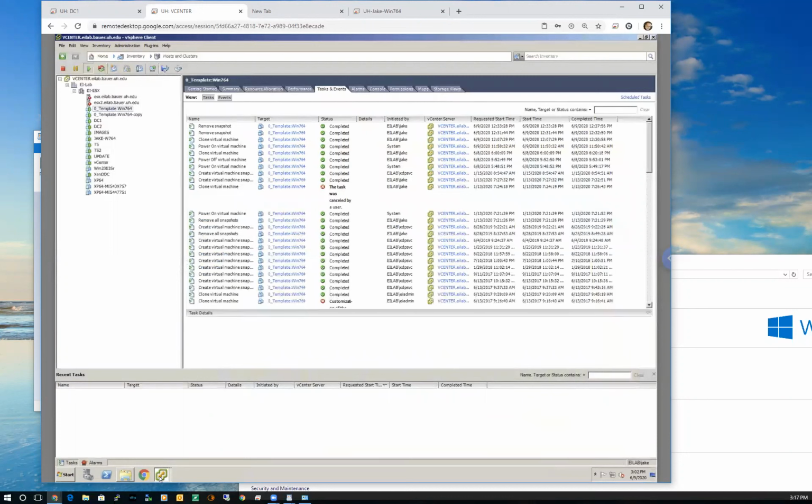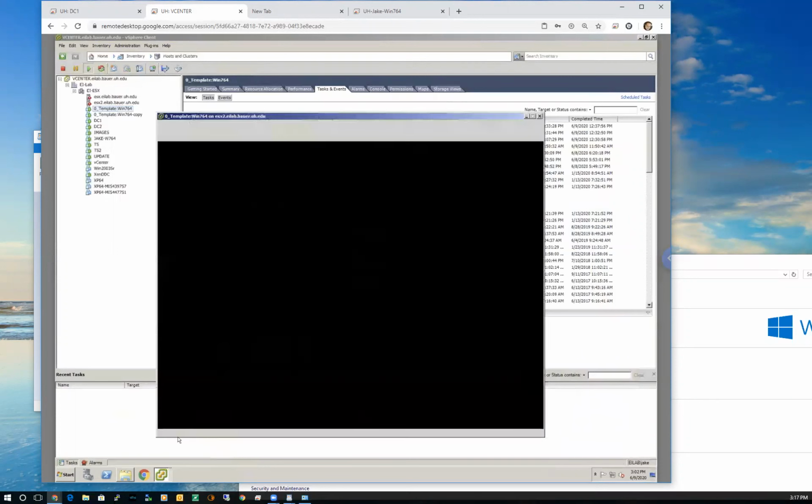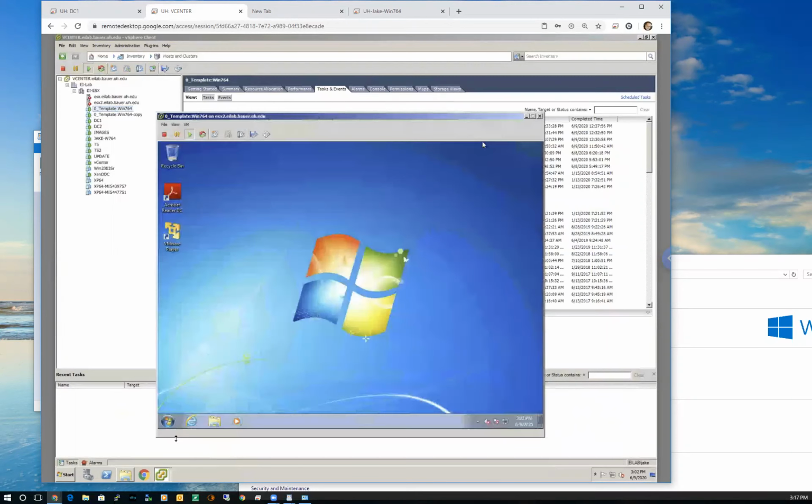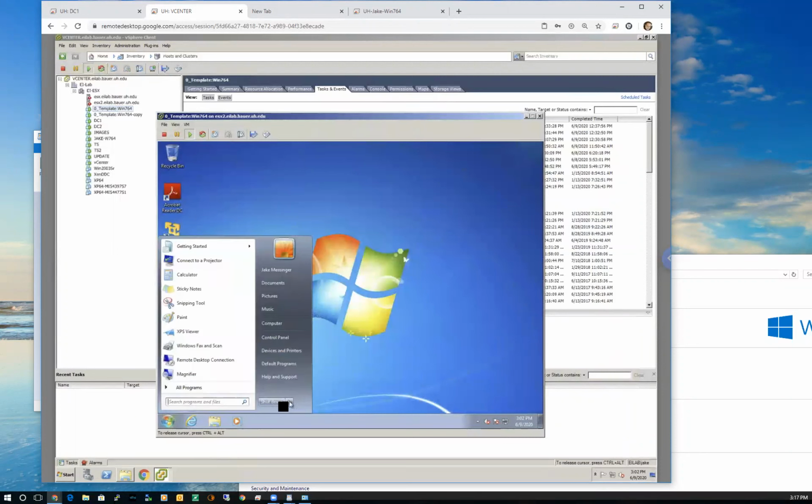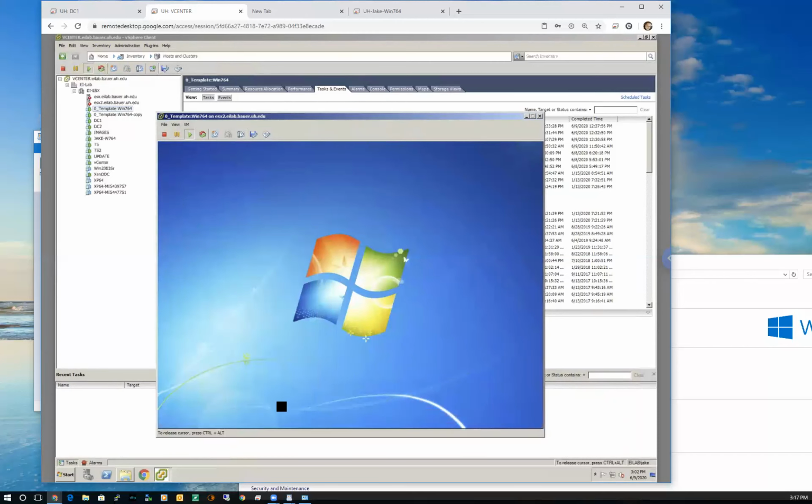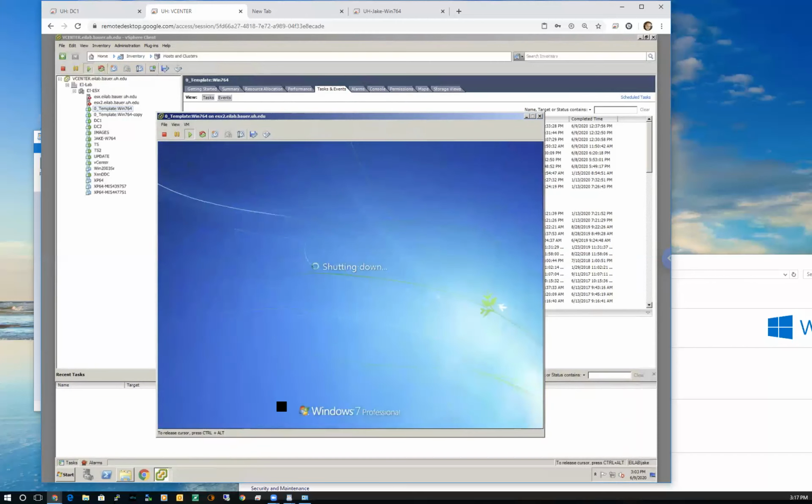There are a couple different ways to turn it off. I'm going to turn it off properly by actually going into the machine and doing an orderly shutdown. That's the best way to turn a machine off. You typically don't want to turn it off externally in the outside virtual environment. You want to use the internal or the local shutdown procedures to properly shut down a virtual machine. A lot of network managers make the mistake of powering off a virtual machine, and if it does not shut down cleanly, we call that a clean shutdown, it may not boot back up properly.